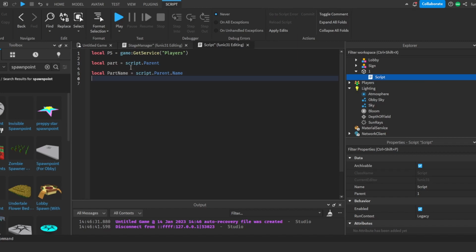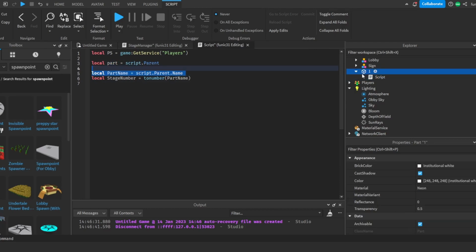And then we're gonna go local stageNumber is equal to tonumber(partName). And what this does is it changes the name of our number, which is actually a string, into an integer, which is basically a number, so that our script can read it. And then we're going to do